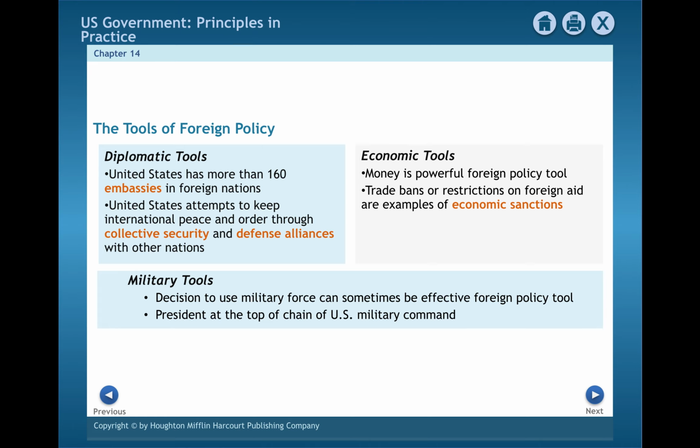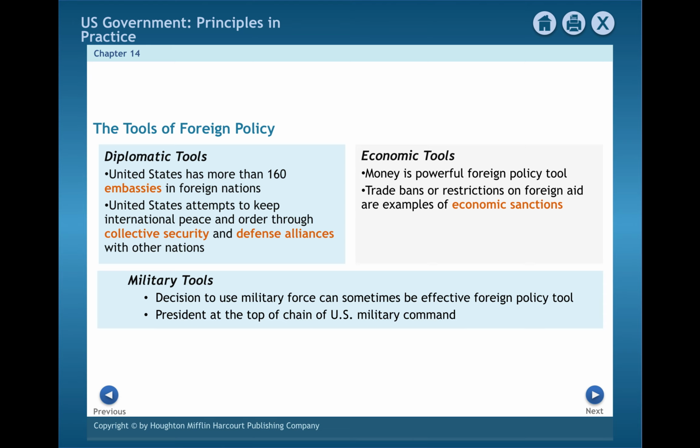Sometimes these economic sanctions might not only hurt the other nation, but can hurt ourselves. It can limit who we trade with and what goods we can export. And other critics also say that sanctions hurt the people of the country,